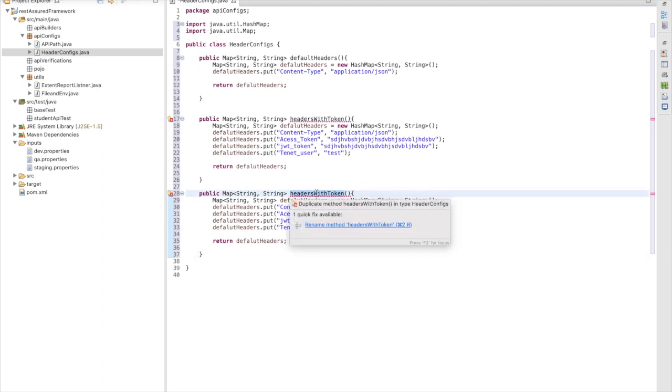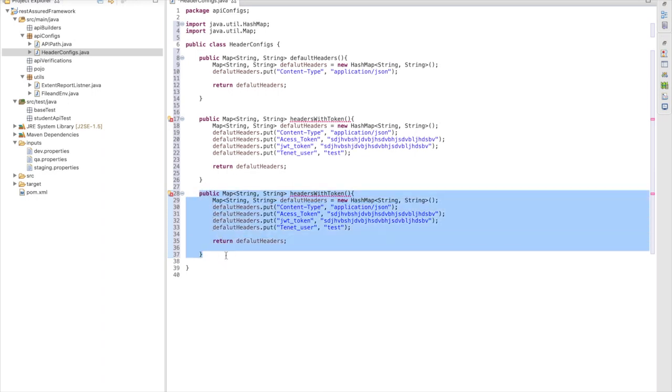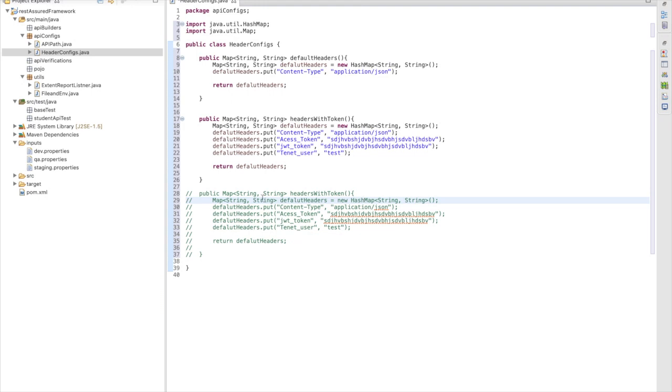Now there will be another parameter. Based on that we can create four to five header objects, and we can consume them in all the APIs. Instead of defining these values multiple times, we can create one class and from then onwards we can use these values. So let me comment this out, as of now we are not using it.